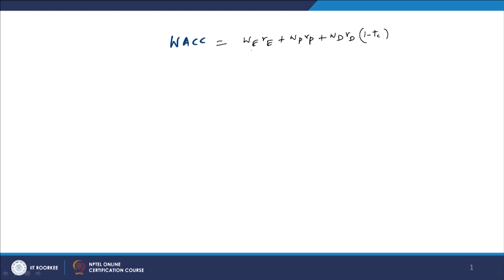So, WE is the proportion of the equity, that is, the internal funds equity capital, and then RE is the cost of equity capital, then the proportion of the preference capital and the cost of the preference capital, then the proportion or weight of the debt capital, the borrowed capital, and the cost of the debt capital, but the cost of debt has to be considered after tax, not pre-tax. When you multiply it by 1 minus the tax rate, you can understand that this cost will actually be lesser than what we are going to pay, because there is a tax advantage available on